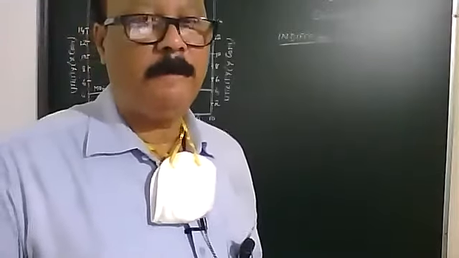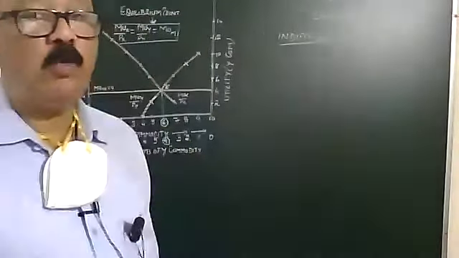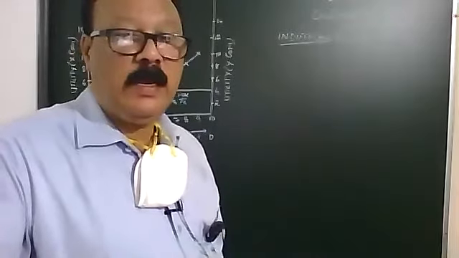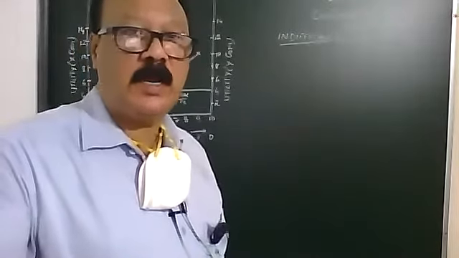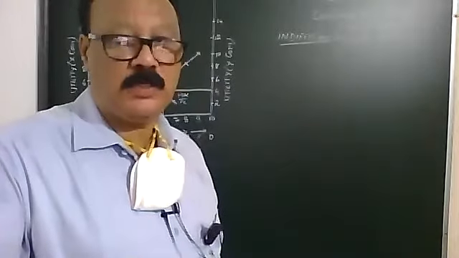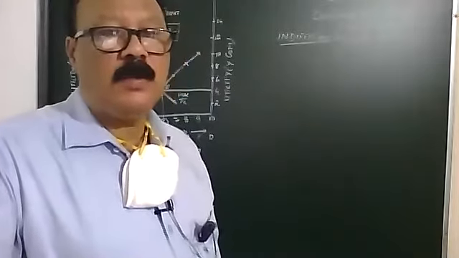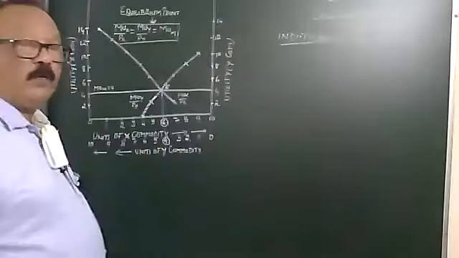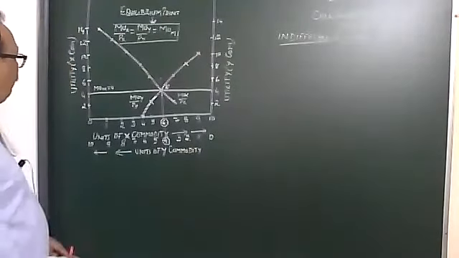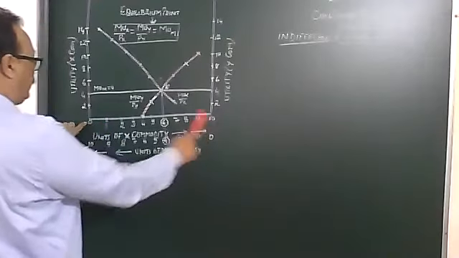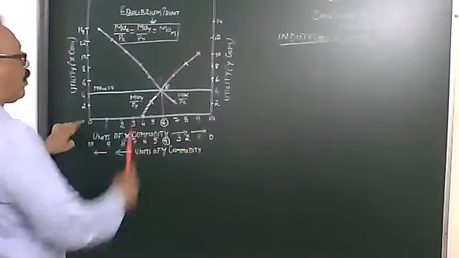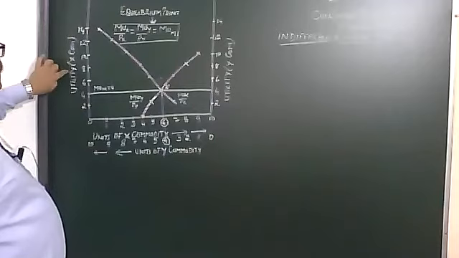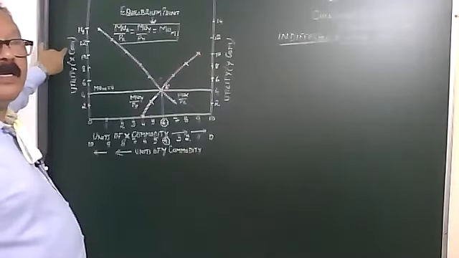Now, yesterday we did the consumer equilibrium in two commodities and more than two commodities, and we had done the schedule part, and I said that I would be doing the graphical part today. So the graphical plot, keeping the same data and the schedule which we took yesterday. On the board, if you would see, we have on the x-axis the units of x commodity, and on the y-axis we will take the utility of x commodity.